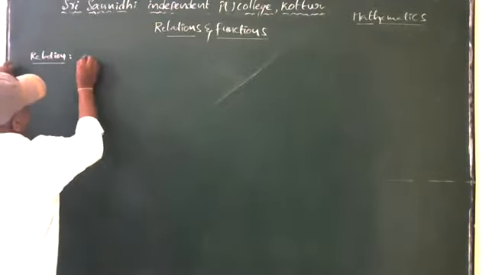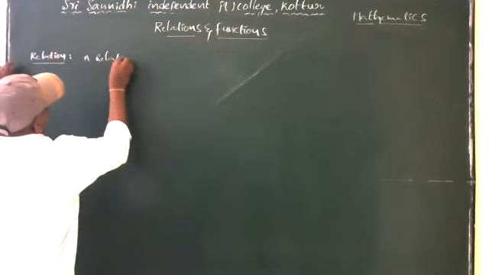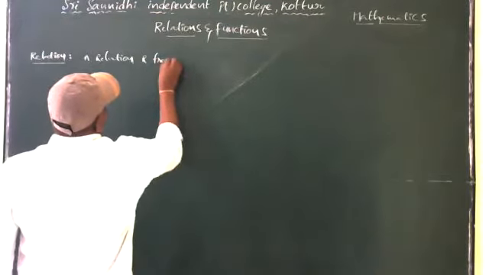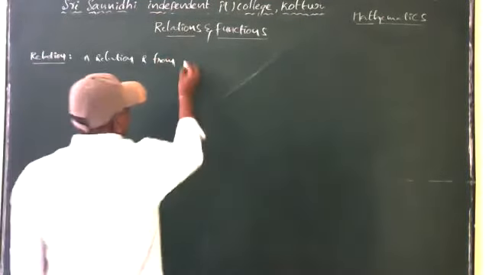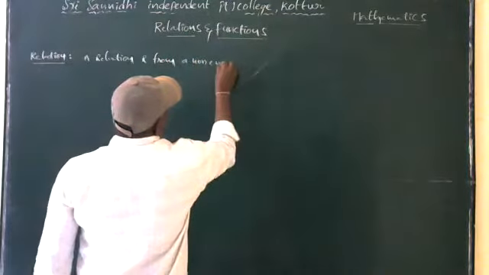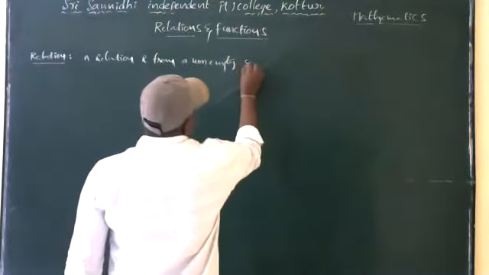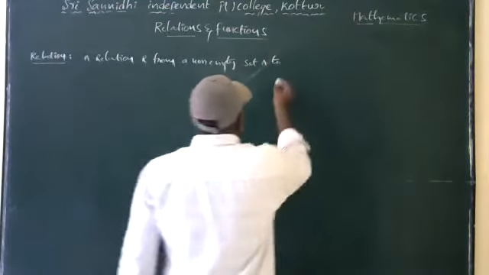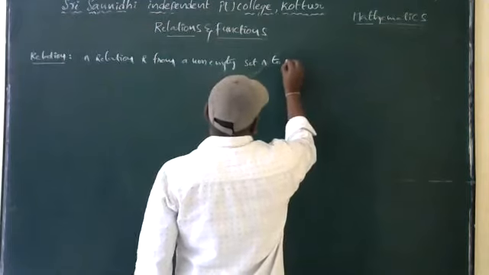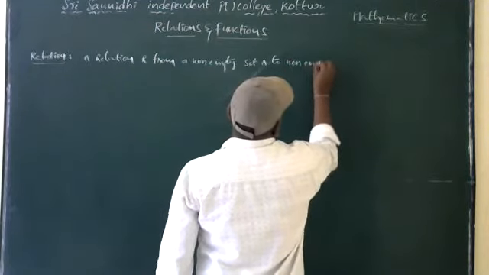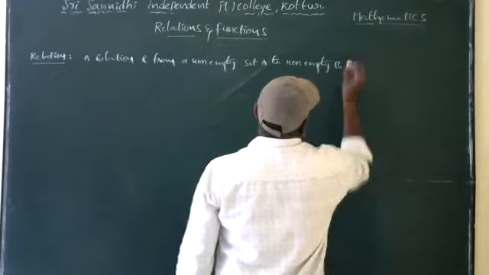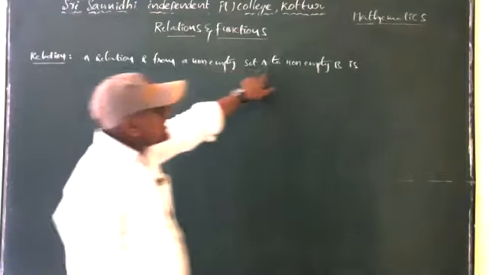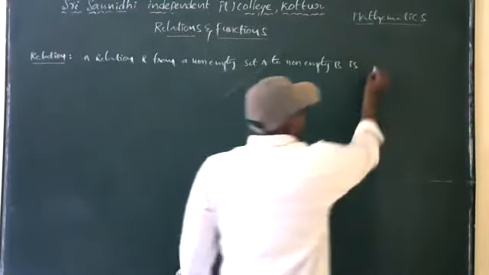A relation, capital R, from a non-empty set, capital A, to a non-empty set, capital B, is a relation capital R from set A to set B is a subset of